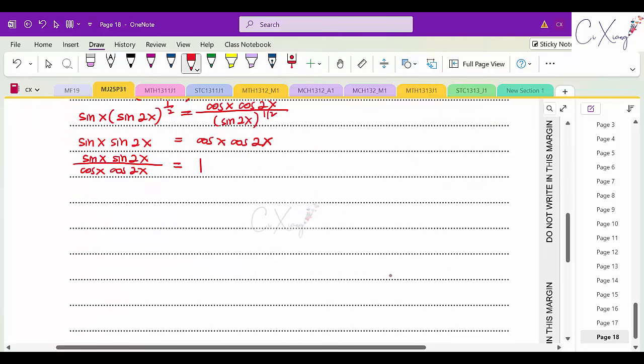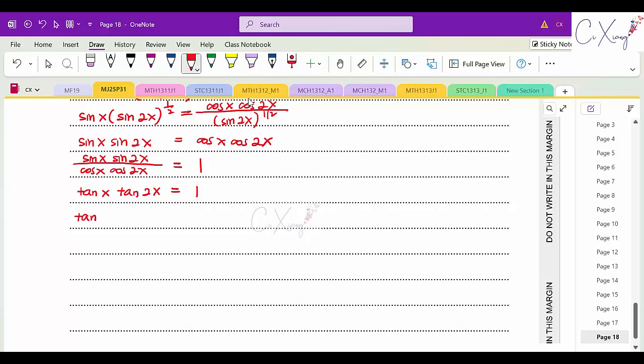Okay, then sine over cos is tangent. Sin x over cos x, you get tan x. Sin 2x over cos 2x will be tan 2x. That equals to 1. Then how to continue simplifying it? I want to expand the tan 2x using the double angle formula. So what is it? tan 2x equals 2 tan x divided by 1 plus tan